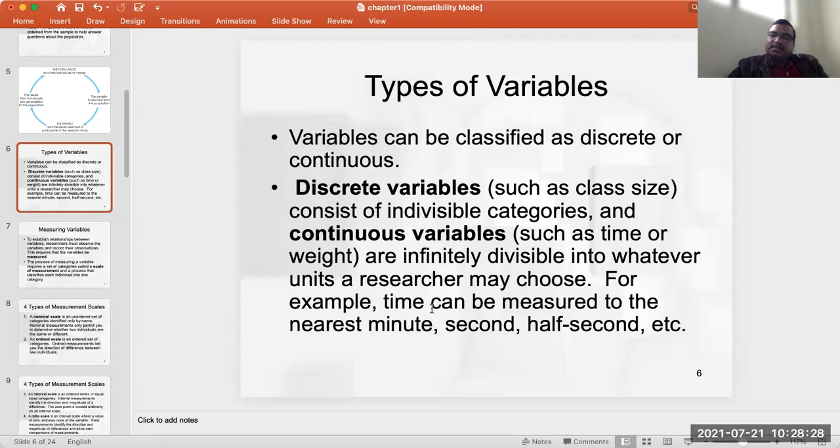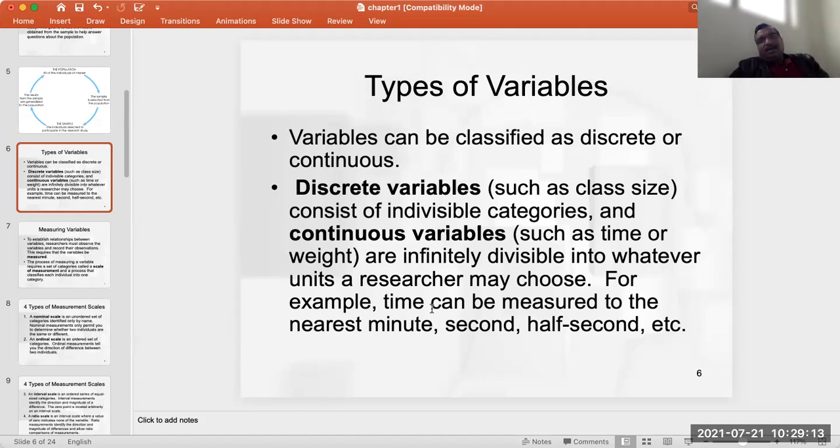You can measure time in years, months, weeks, hours, seconds, milliseconds, microseconds, nanoseconds, whatever that means. And people do that. Such instruments are available to measure to the very minor details. The minimum value of any measurement you can take depends upon your measuring instrument. What kind of instruments are available to you?